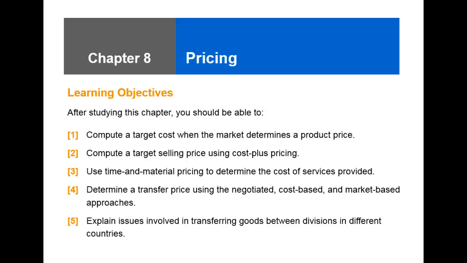We're going to begin chapter 8 today. We will complete it on Thursday as we start talking about pricing. A lot of times in this chapter we've talked about the gross margin, but really we're going to take time to determine how goods are priced and how we determine that pricing. So we're going to look at a variety of manners in which we can determine that in this chapter.